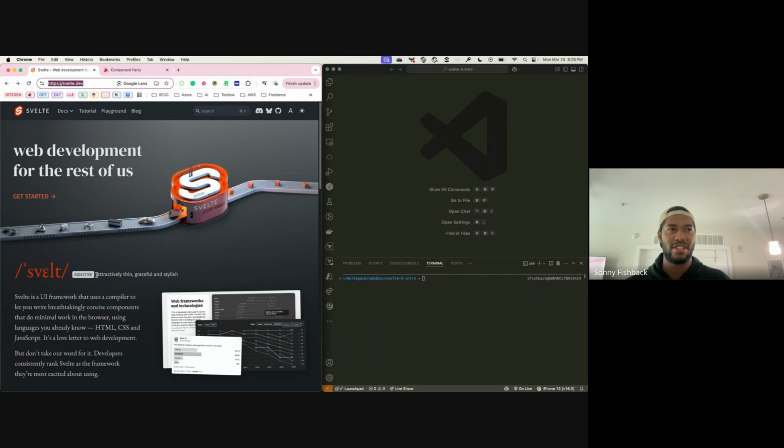So that's what Svelte means. It's Swedish and it means attractively thin, graceful, and stylish. Here, I posted a link in the chat of Component Party and the Svelte docs. Svelte allows you to write very concise, simple code compared to the other frameworks. So really quick before we get started,